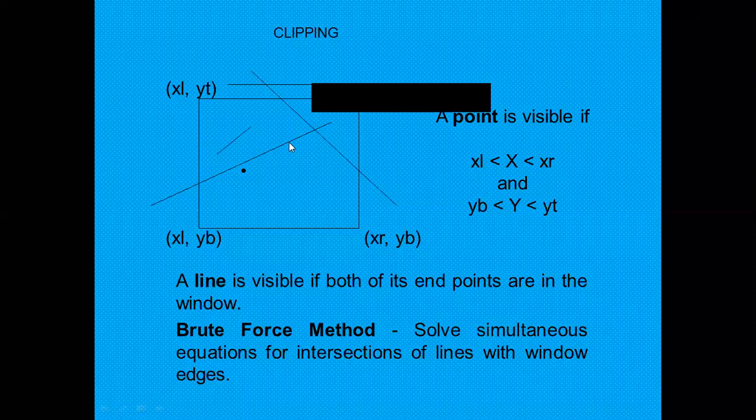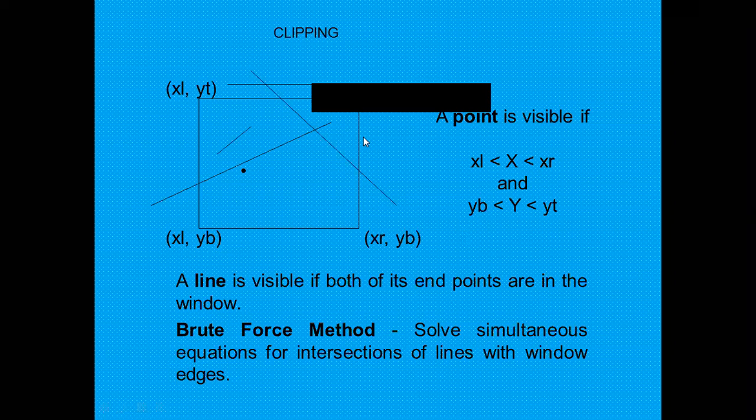So how will we check this? First we will draw the rectangle. After that we will do the nomenclature, A, B, C, D we can write. It is up to you, it is optional. And write here the coordinates: left bottom, right bottom.